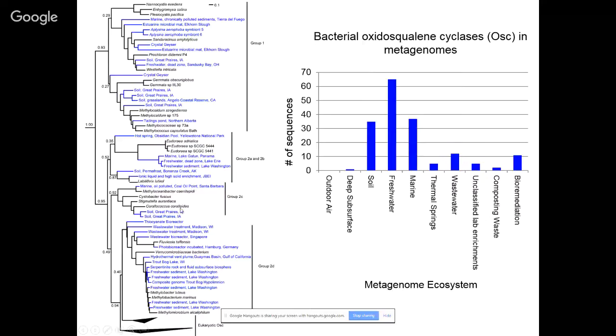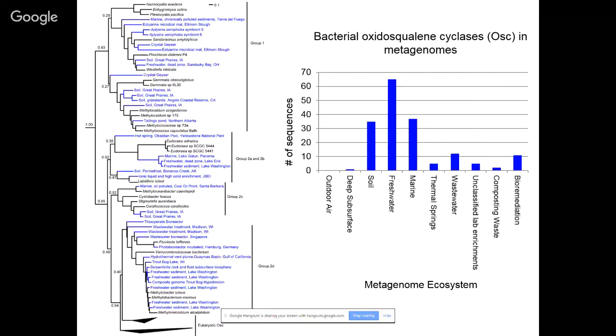I've done this analysis subsequently. I made this tree maybe 6 months ago, and the tree has grown a lot now that I've looked at other metagenomes. And so the potential to produce sterols in bacteria is probably more widespread than we are anticipating based just on genomes alone. So that's really exciting, I think, especially thinking about what the role might be in these organisms and how that might be related to their environments.